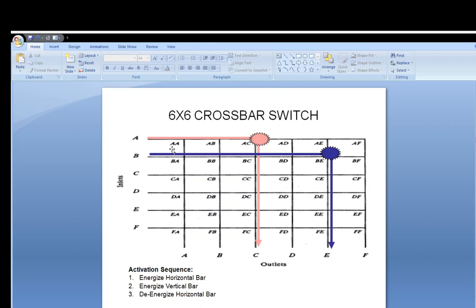So now when we have to develop a call between A and B, we have to energize line B first and then line E, and then only the call between A and B will be possible, and after that B should be de-energized. When A is de-energized after completing the connection, there will be no possibility of a false call between A and E, and so E will be safe from the false call.